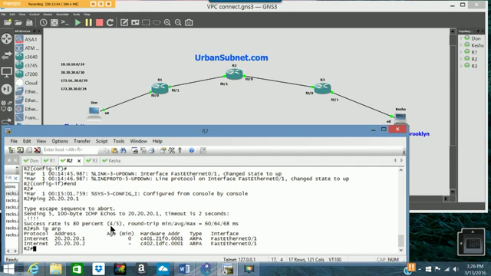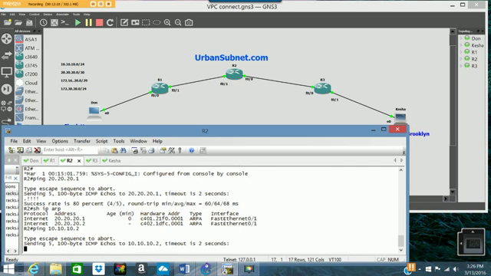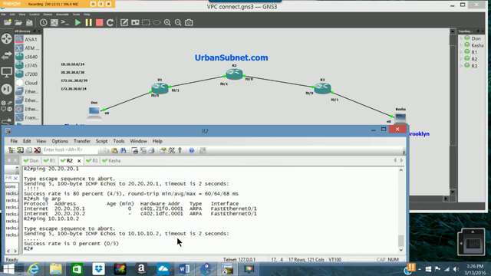Okay. So now that we have that there, let's see from R2 can we ping PC1 or Don's PC, which is 10.10.10.2. Can we reach that person? And we're not able to reach them, and the simple reason is that they are on a different network than we are. This computer right here is on